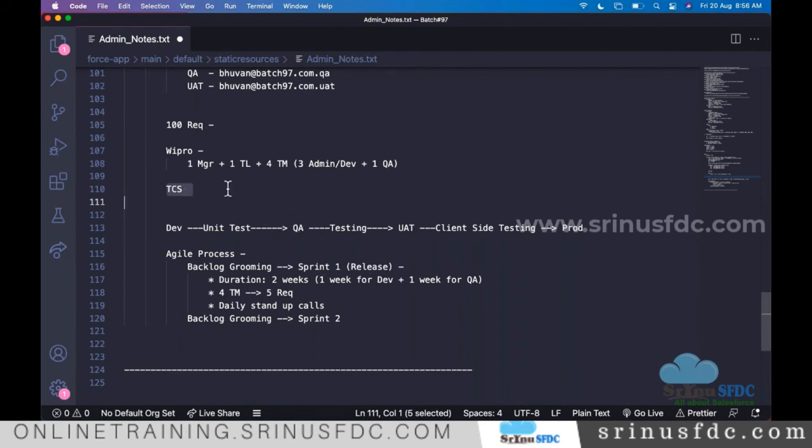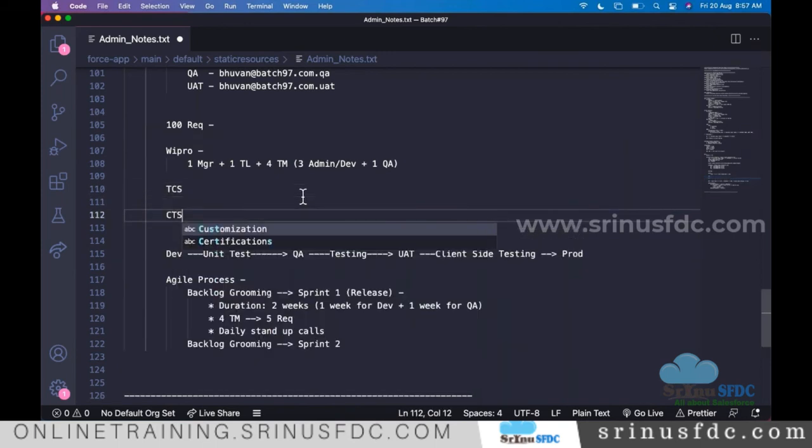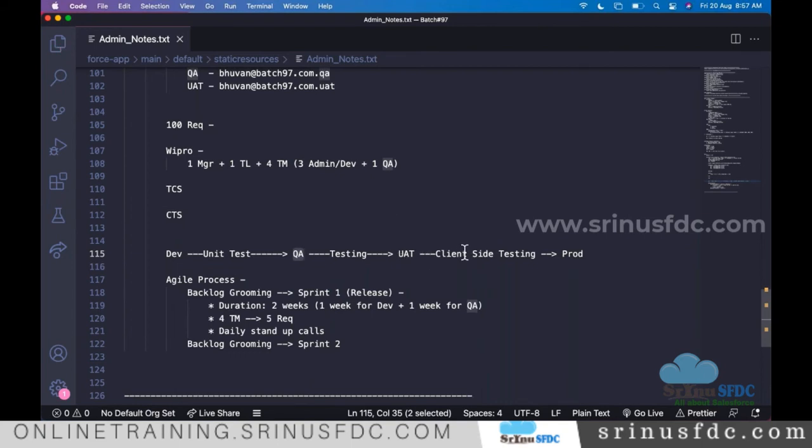Maybe for QA they give it to some other company. You see some clients doing that, right? Let's say CTS company is doing the testing, and finally for UAT, Dell company side employees do the testing. So it's like that. It's all based on the project, right? It's not that whatever I explained is followed ultimately in all the projects. In most of the projects, this process will be followed.